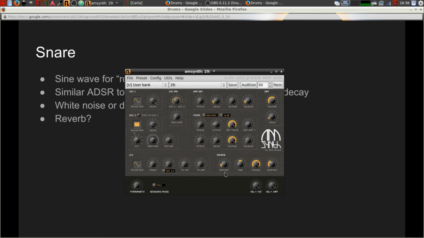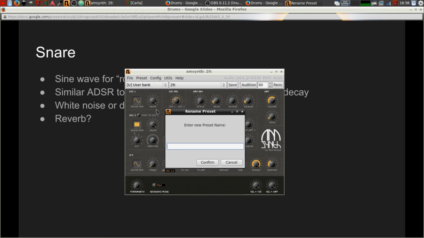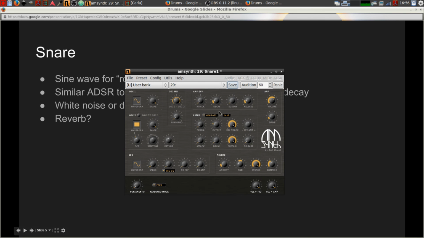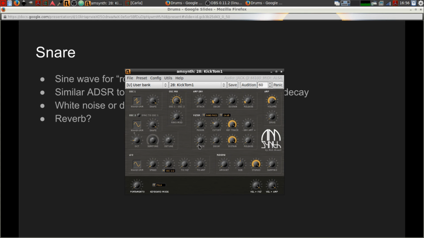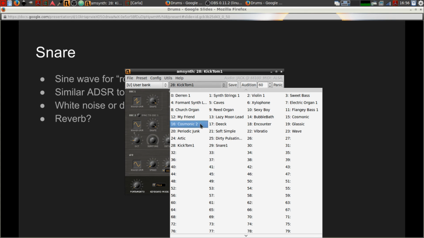I think that's a pretty good snare sound. I'm going to go ahead and save that. Save that one as is. Let's go ahead, save, and let's go in, rename this as our snare 1. We'll confirm and click save again. So that'll update. So we now have our kick and tom sounds, and we have a snare